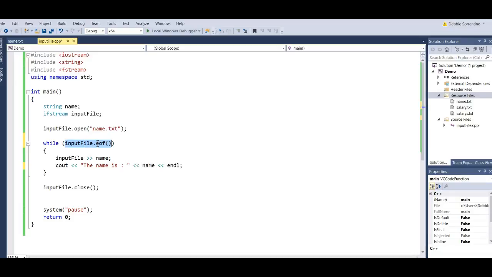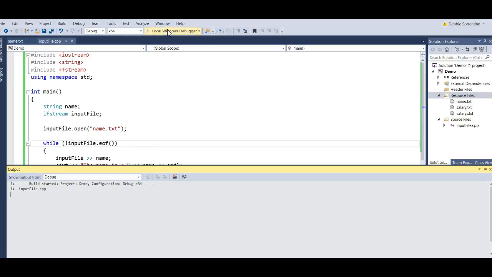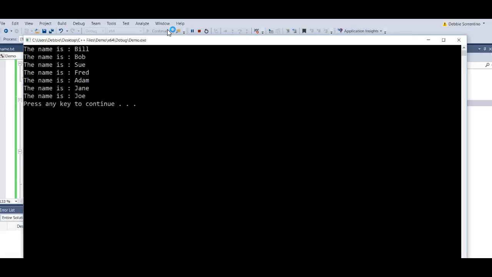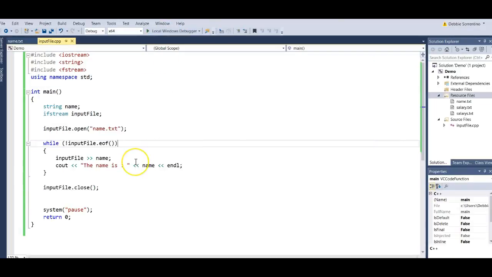But in this case, let's say I'm going in, it sees the first name, end of file is false, the while loop will end. So I need to put a not operator in front of it to change my true to false. So while I'm not at the end of file, it's going to read a name and display it. Now this code, when I run it, is going to work for all the names. Okay, and that's a much better way of working with input files, just keep reading until you reach the